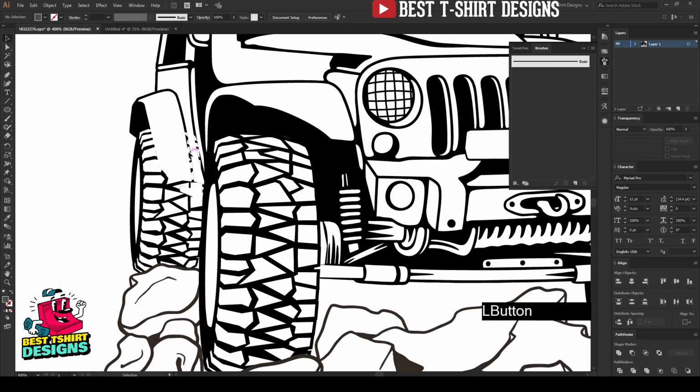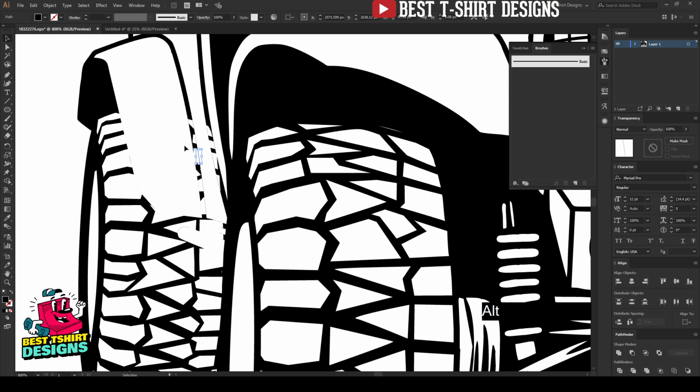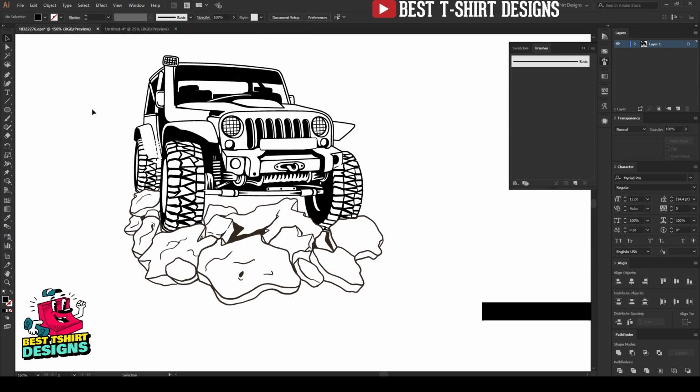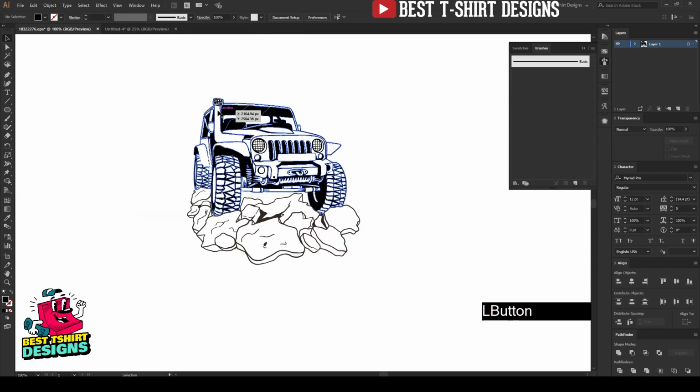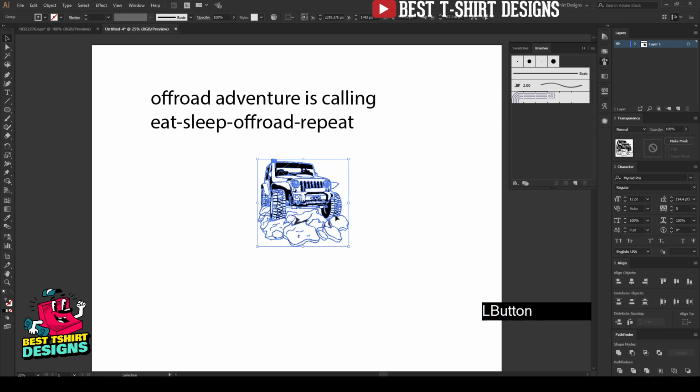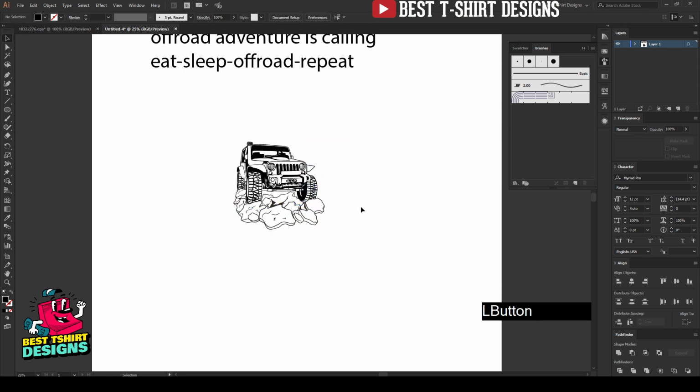As you can see, here are some areas that are maybe missing. So okay, we can fix that, or we can just keep it as it is right now. We will do that later, so that is fine. Now this is my only black graphics. I'm going to make it a group, then Ctrl C to copy, and then bring it into this artboard. So I'm going to keep it as it is for now.